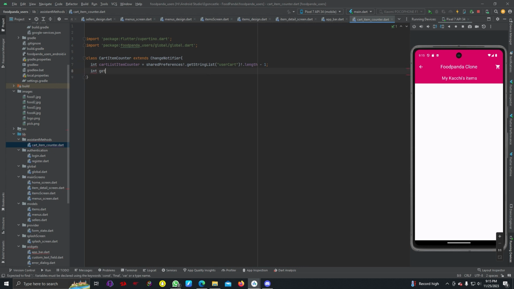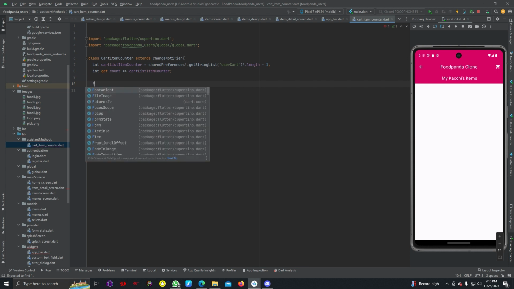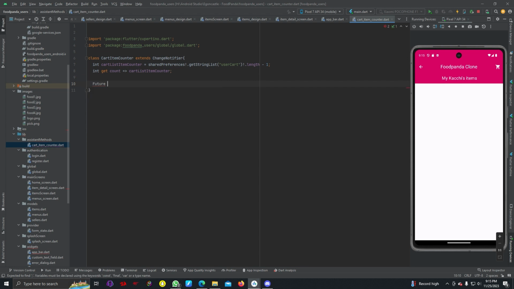So get count cart list item counter, and then a future function called